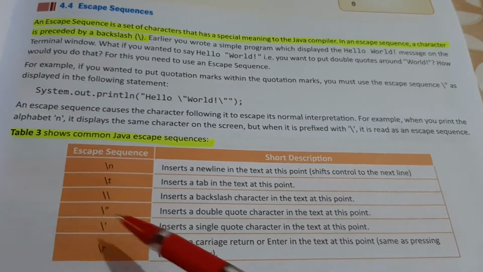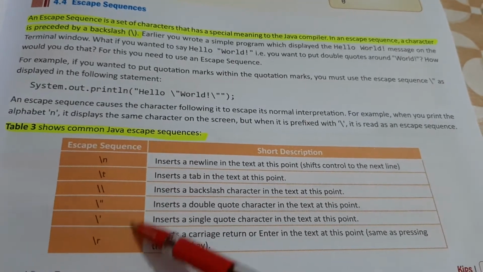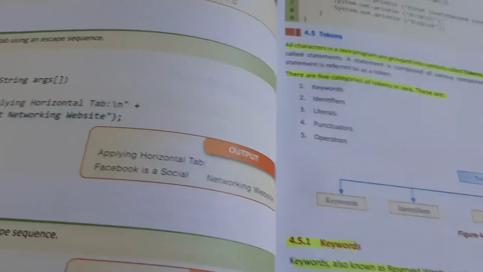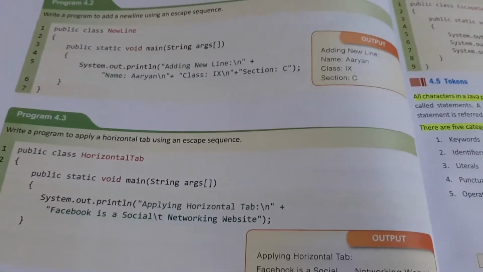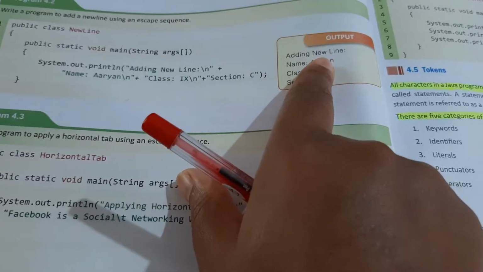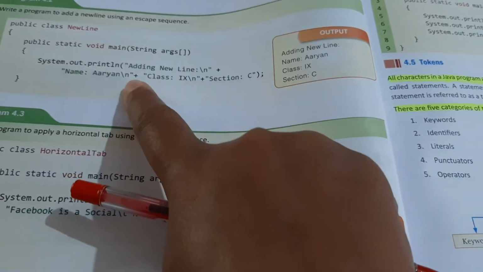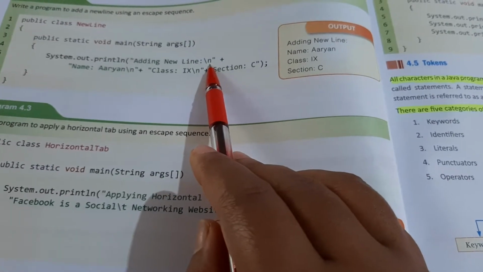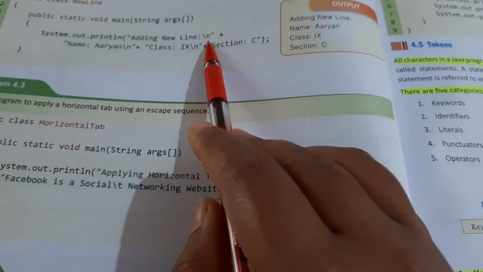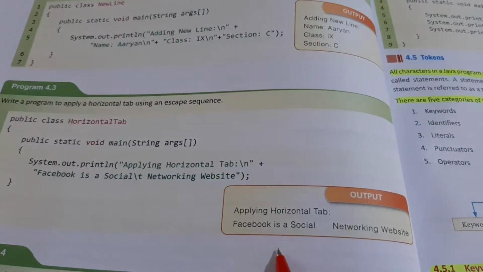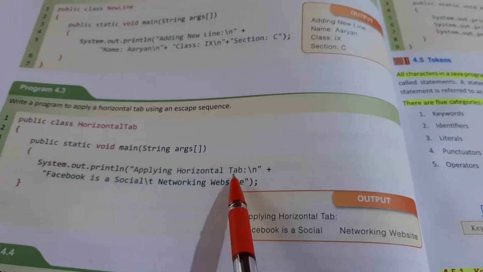So there are different symbols that we use in the program. If you see the examples, there are a number of examples given here. If you see this example, you will see what kind of output we get. Here you can see the slash and it is used. So what does it mean? It will show you the next line. If you see this output that is given, like that you can see the various examples given in your textbook.